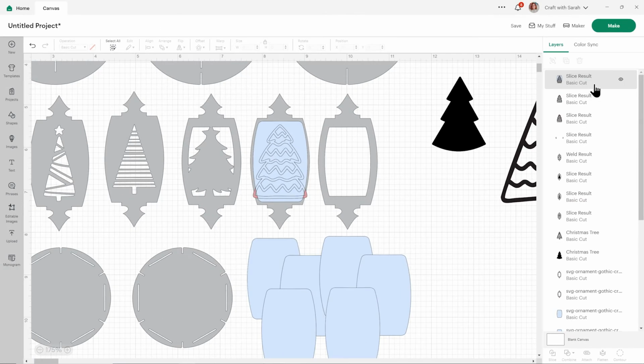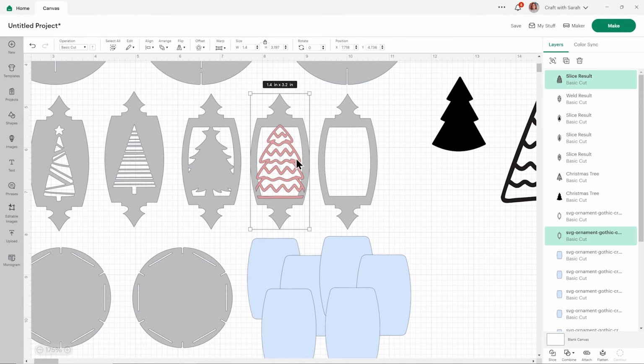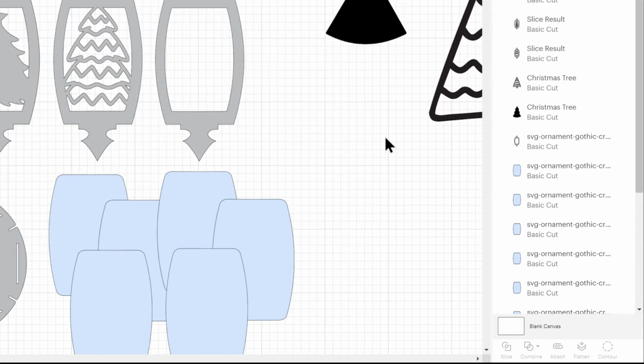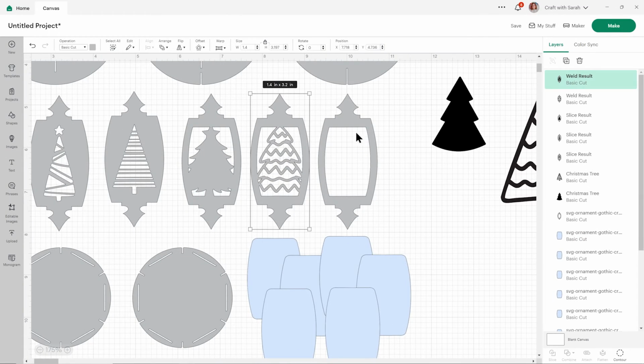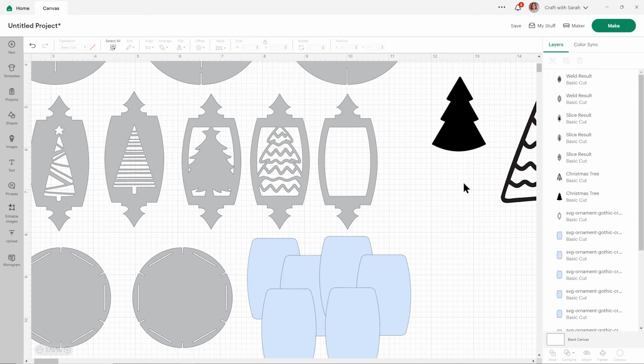Delete the 2 leftover blue bits and the bit of my red that went over the edge. And then drag a box around them and go combine and weld to join. And I think I'll take out a few of those gaps, just these little ones, either side of the tree. And there, number 5 done.